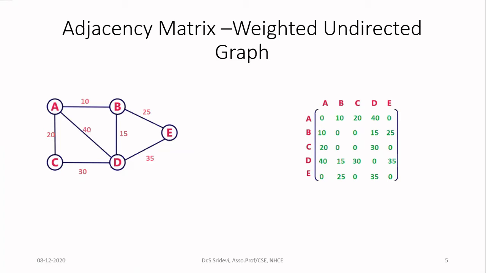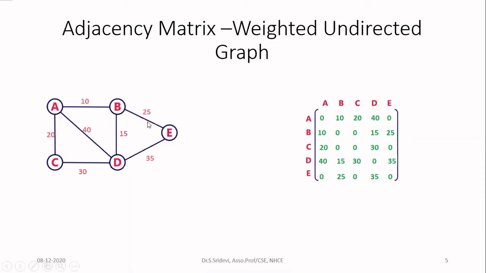For example, if I give the weight for the A to B link or edge as 10, it means that if I want to go from A to B, the cost is 10. Similarly, if I want to go from B to A, the cost is 10. Sometimes when you want to choose the shortest path, the weight comes into the picture. If you only want to see whether there is a connection or not, this weight will not be used. But if you want to choose the best path, we need some metric for selecting the best. For that, we'll be using this weight.